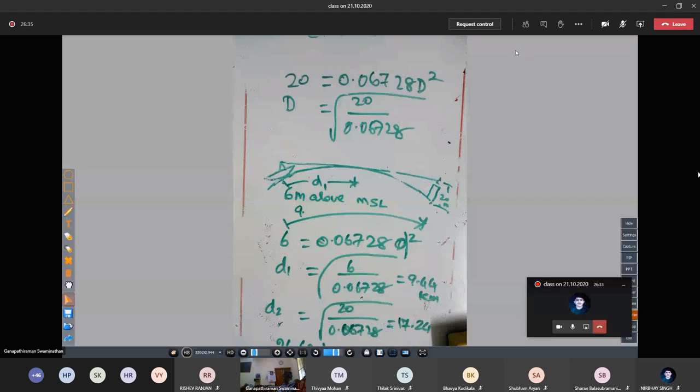So this is what is called a correction, because I'll be applying this concept in a visibility problem. That time I will not derive this formula. Is it okay for you? Can I proceed further? Yes, sir.